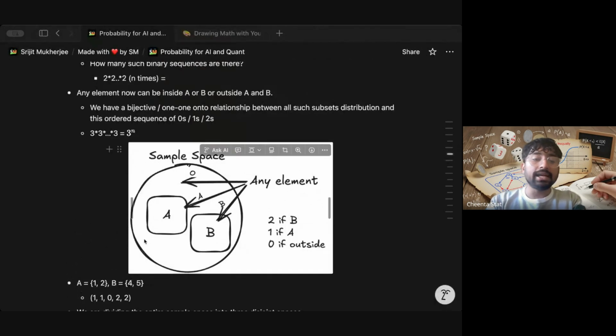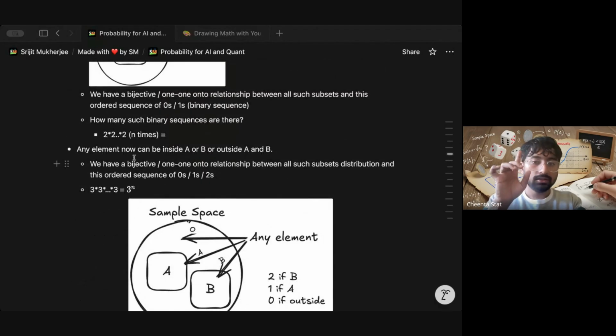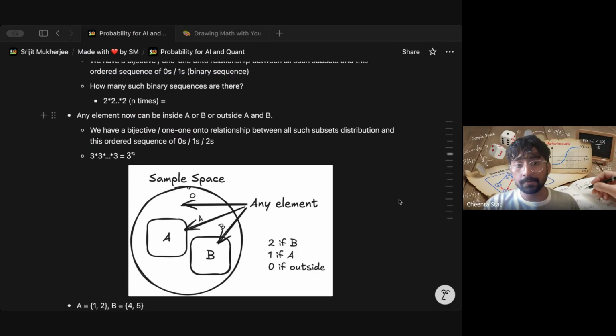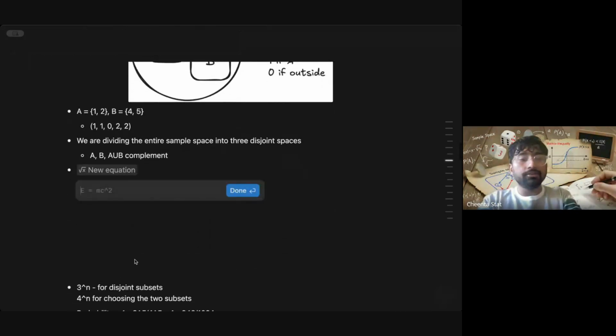Each element has 3 options: either inside A or B or outside A and B. There is no other choice. So the total is 3 to the power n now. Makes sense, guys? All of you understood this? Questions? Is it clear? It's beautiful, right? And therefore the total number of n of E is 3 to the